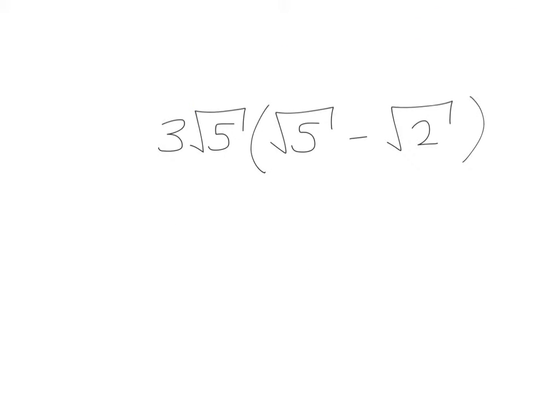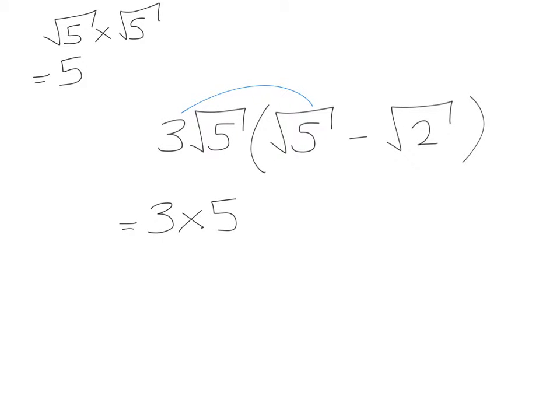Okay, in this next example, we've been asked to multiply out the bracket 3 root 5, bracket root 5, take away root 2. So we're going to multiply our first terms here. So 3 root 5 times root 5. If we can recall our property from a previous video, when we are multiplying two square roots with the same number, we're just going to get that number. So we're essentially going to get, from this first multiplication, 3 times 5. And then we're going to be taking away